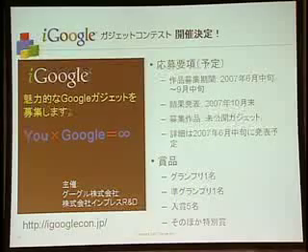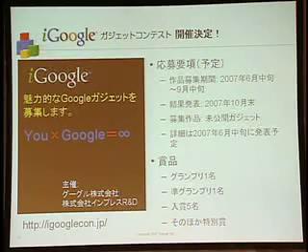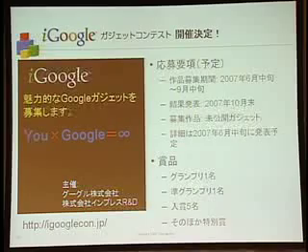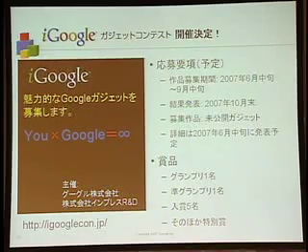And we have a plan this time: we are going to hold a gadget contest and ask you to write attractive gadgets, and I'd like you to make an entry. The entries will be received from June 2007, for about 3 months, and we are going to announce the result at the end of October 2007. We will ask you to send us a gadget that is not open to the public yet, and we are going to announce the details from mid-June 2007. Since you're here today, we wanted to share the good news with you, and that's why we announced in advance.